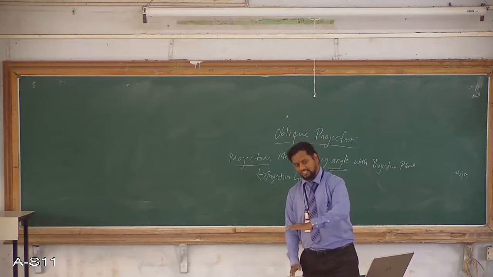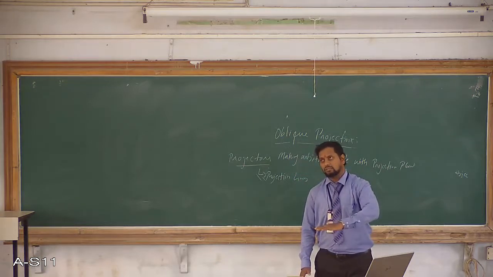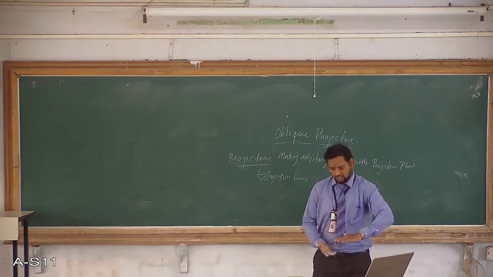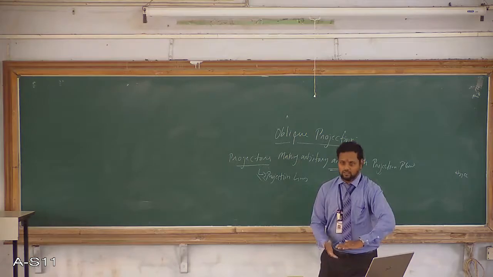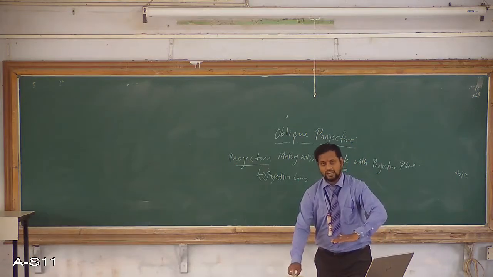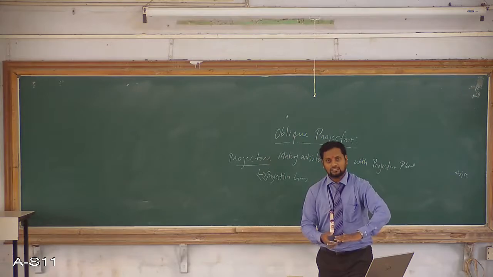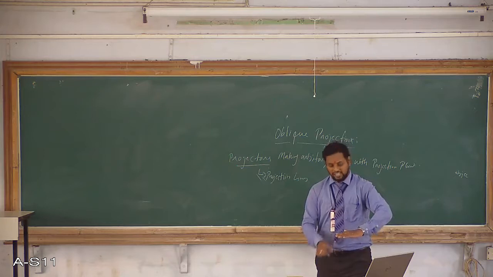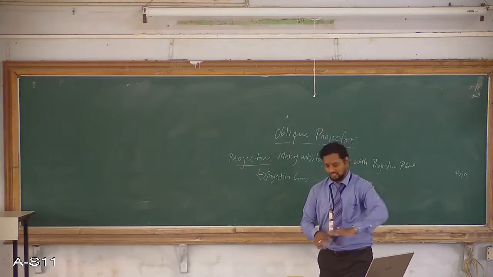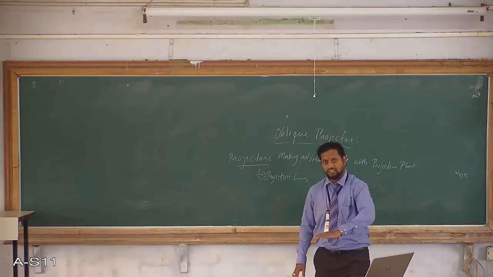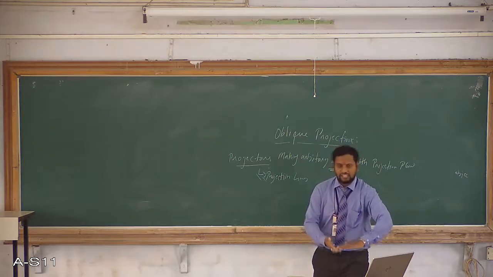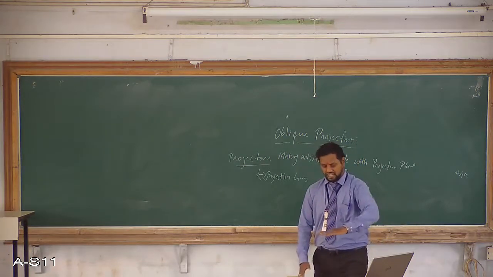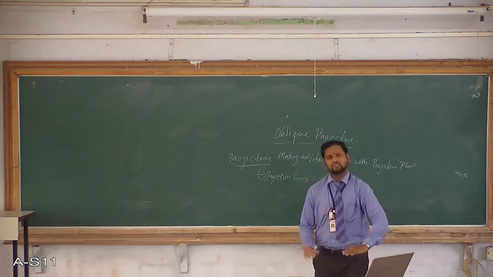Here it is initially 90 degrees. I will move here, probably 75 degrees, or I will move here, probably 50 degrees, or I will move here, it's 45 degrees. So now, with respect to my object, the projection plane will be moving with respect to different projection lines, at different angles. Here it was 90 degrees, here it is 75 degrees, here it is 50 degrees, here it is 30 degrees. Understood? So 90, 75, 50, 35, 30 and so on.